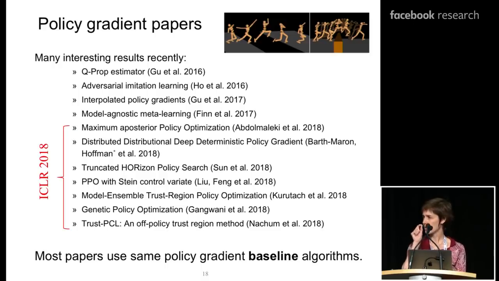The thing that I'm really pointing out is that many of these papers are all using the same baseline algorithms. There's a set of common baselines that have really been used widely to compare any of these new algorithms. And these baselines are very important because the volume of papers is large; there are at least 7 papers, and I checked all of these, that were using the set of baselines I'm going to be talking about, and maybe there were more. It's important that we have a good understanding of what the right sanity baselines are, because we can't expect these papers to compare to each other. They're all coming out in the same cohort.